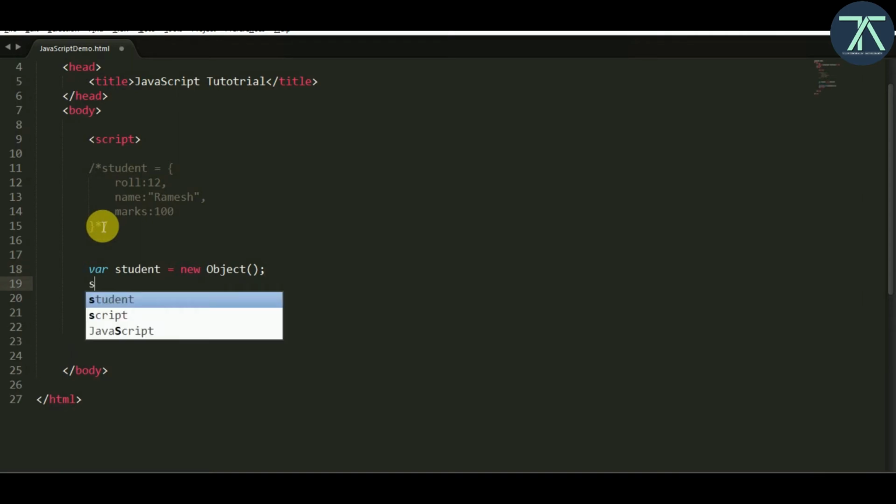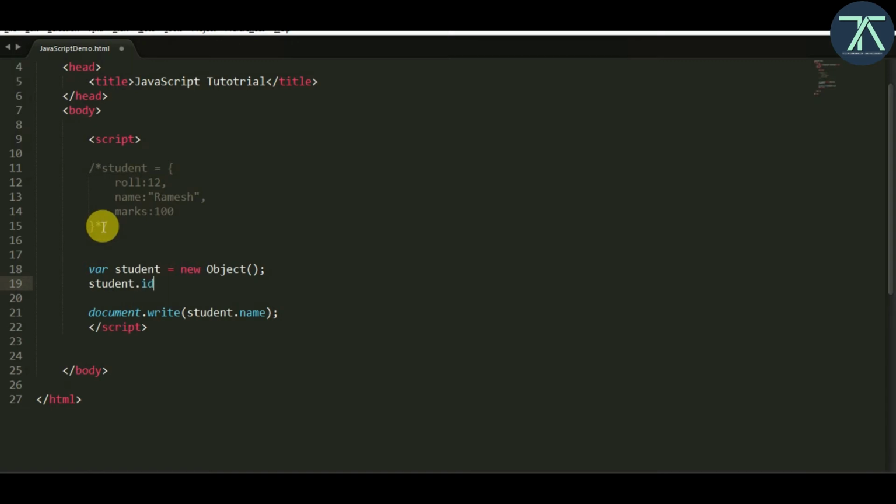So how to add a field is student dot id. Right now the student doesn't have any field. Till now the student doesn't have any field inside of it, rather a student is an empty object, it has no property or no functions in it. So how to add a property? I give student and then dot then id, as we are used to printing before.